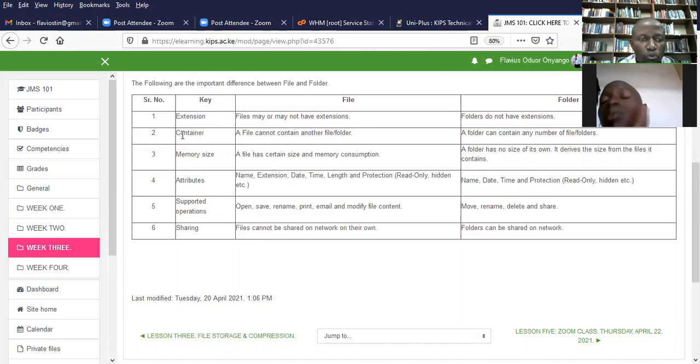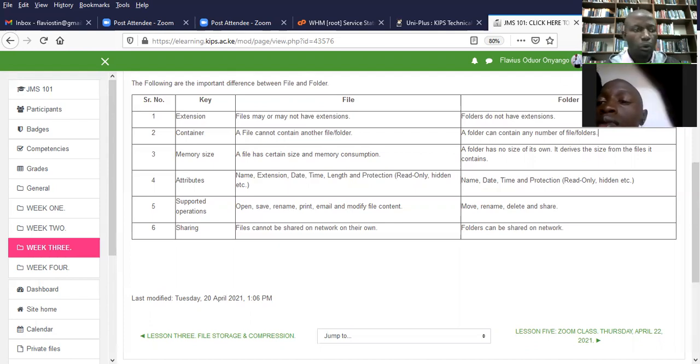And then we go to container, that a file cannot contain another file or folder within it, but a folder contains other files or what? Folders within. And like I said, a folder inside another folder is referred to as what? A subfolder.